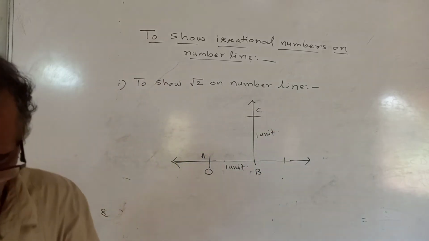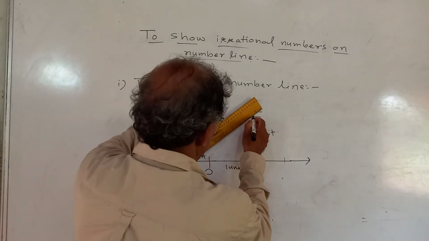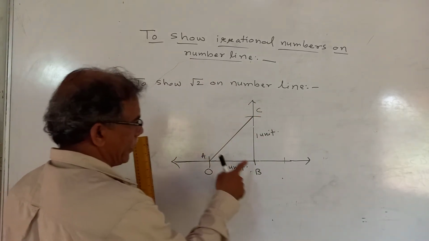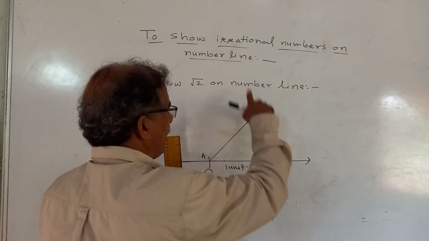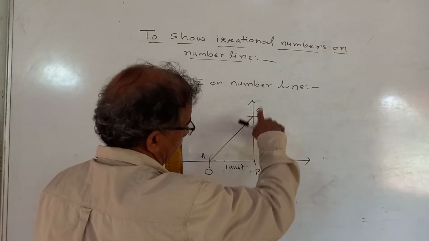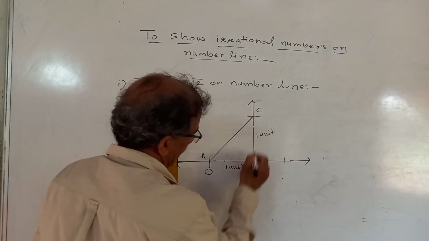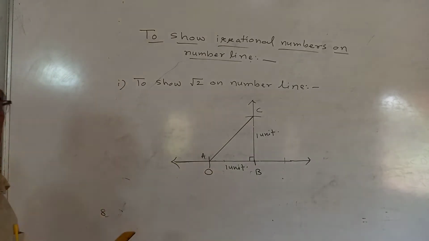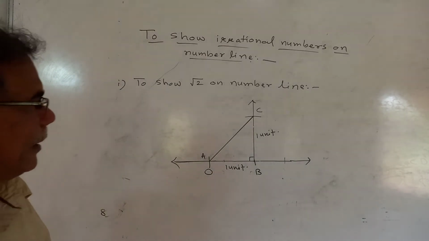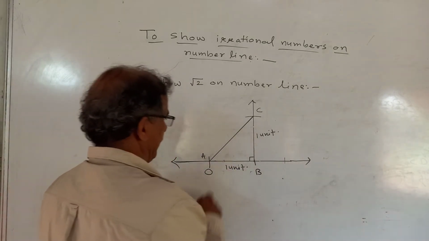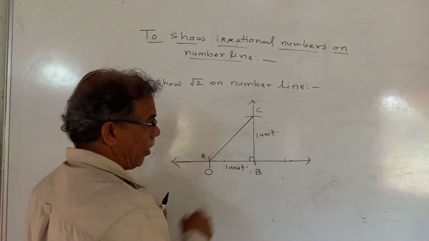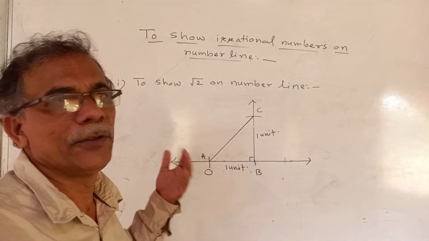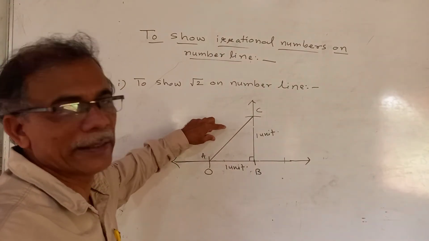Now, you join point C to A. See, this is 0, from here to here it is 1, and the length we have taken on the perpendicular is also 1 unit. Now this is the perpendicular base, this is 90 degrees. What type of triangle? It is now a right angle triangle. Now from this right angle triangle, we can calculate the length AC. How? In a right angle triangle, if you know the lengths of two sides, you can calculate the length of the third side by using the Pythagoras theorem.